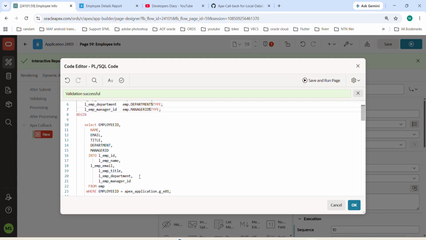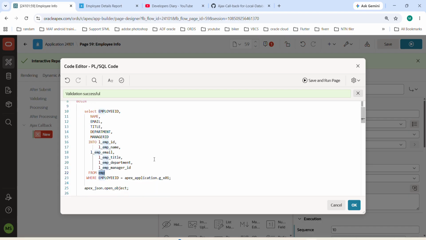So this is the query. It is simply selecting the values from the employee table and storing them into their respective variables. And this is the employee ID that we are going to pass through our